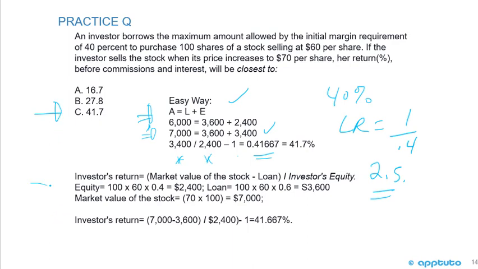Okay, now I put here the solution as per the text that I've seen. I'm not even going to get into it. It goes through a market value of the stock minus the loan over the investor's equity, etc. Again, it's just a different way to approach the problem, but I like to stick to things the easy way. And as I said, for these problems, I like to look at assets equals liabilities plus equity,